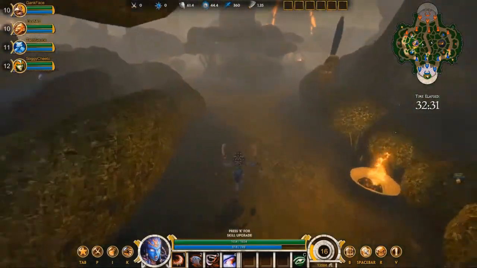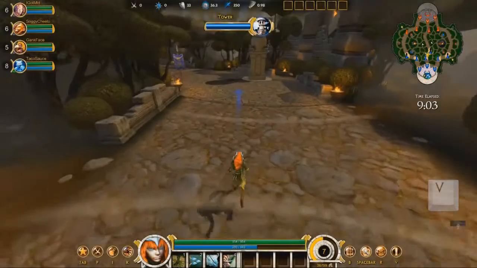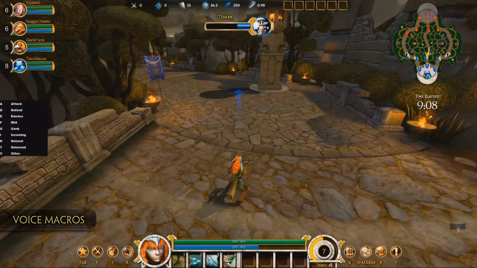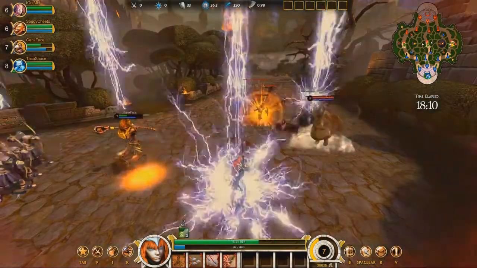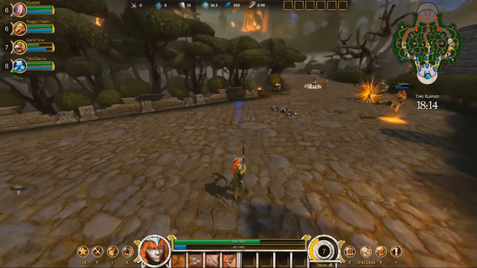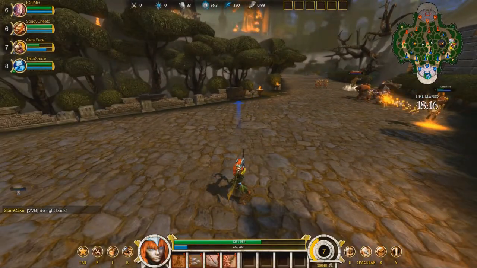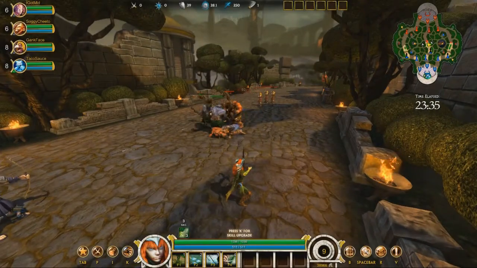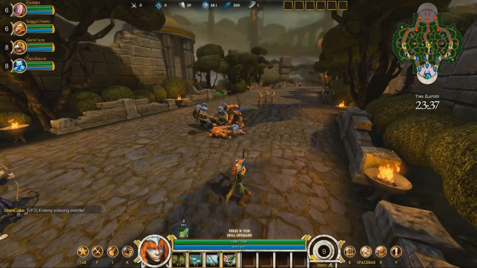Smite includes a quick key voice system to help you communicate with your team. Hit V for voice to bring up the top level menu. You can then see a selection of useful voice commands. For example, if you need to recall, let your laning partner know he's alone for a while. Be right back. And if you spot the enemy leaving the lane, he might be attempting an ambush, so let